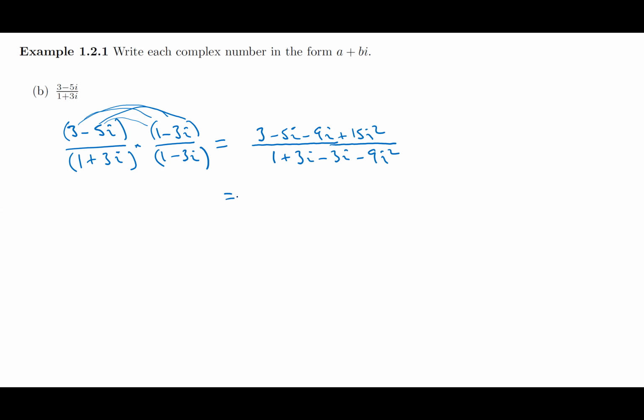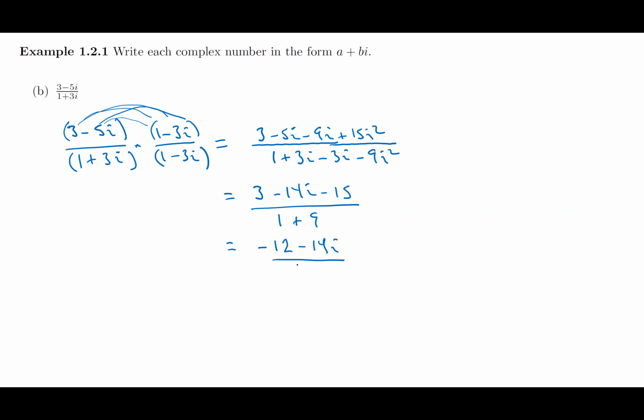So keeping in mind that i squared is really negative 1, then I get 3 minus 14i minus 15, right? i squared is negative 1. And then in my denominator, i squared is negative 1. So negative 9 times negative 1 is positive 9. All of a sudden,